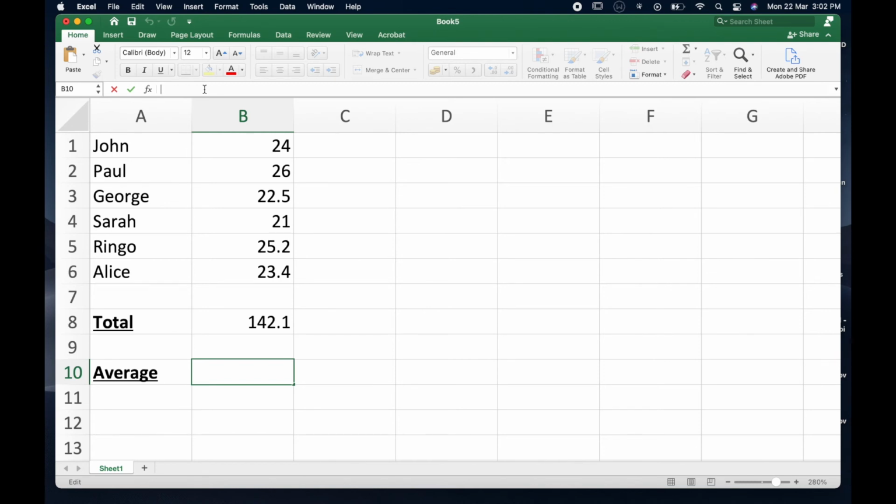Now, here's the trick. I'm going to do exactly the same formula, except instead of having the word sum, I'm going to put the word average in. So I'm going to write equals average, open the brackets, click at the top, hold down shift, click at the bottom, close my brackets, hit enter. So the formula is pretty much exactly the same, except I changed the word sum to the word average. And you can see here it says the average time was